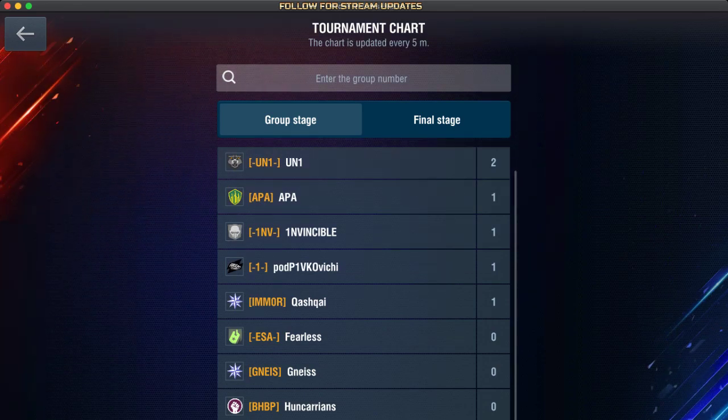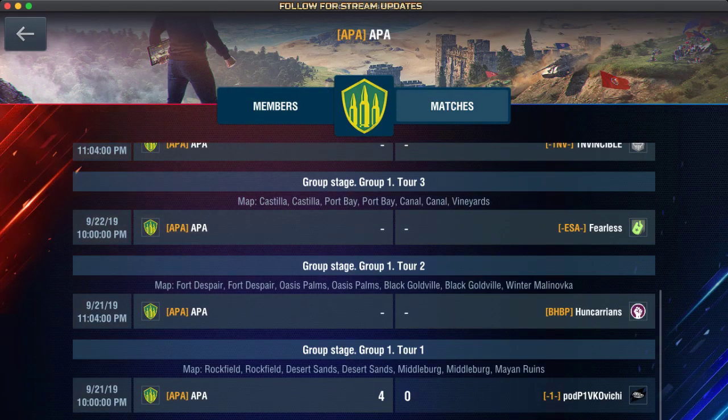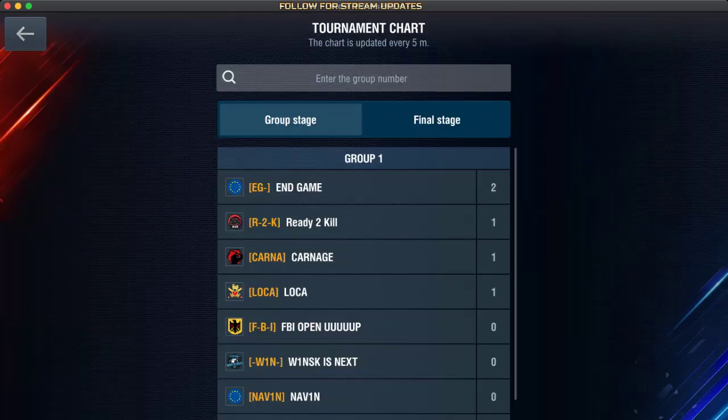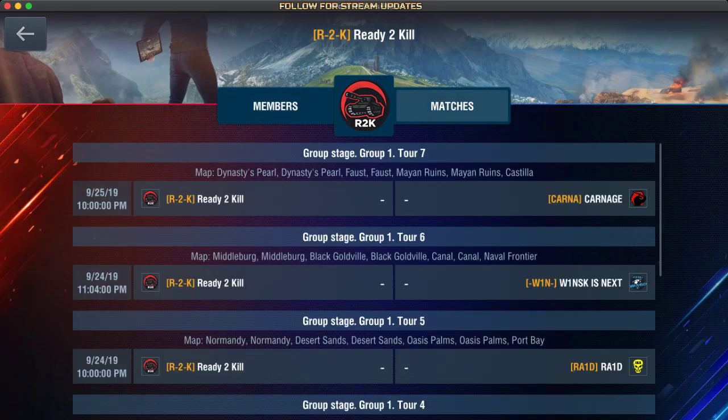ESA have lost. Denice have lost. We're still waiting for APA and Uncarians. They're still battling it out there. Let's switch over to the Pro Tour, see if anything's come in over there. Endgame we already know about. What about Ready to Kill? How are they doing? They're still